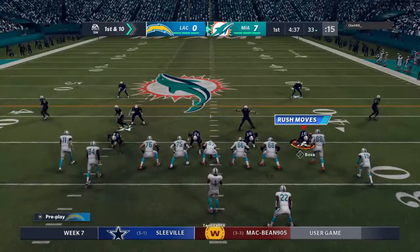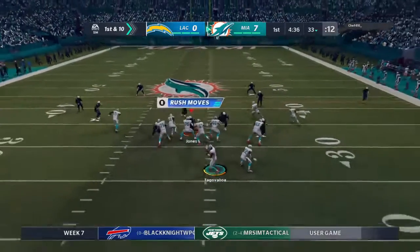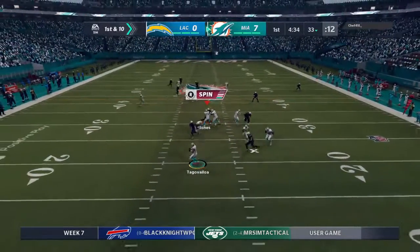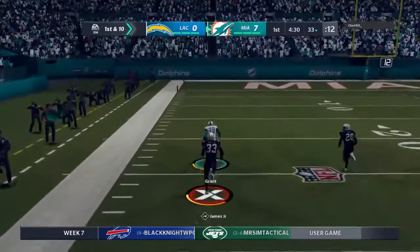The Dolphins at the line ready for their next drive. And they hit the home run last drive. One play on the ground all the way to the house. Now the defense, maybe they're expecting a run here. Partner, I love your description because when we talk about hitting the home...